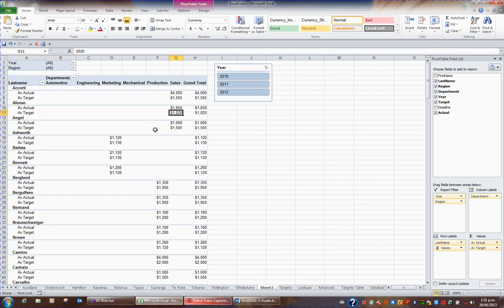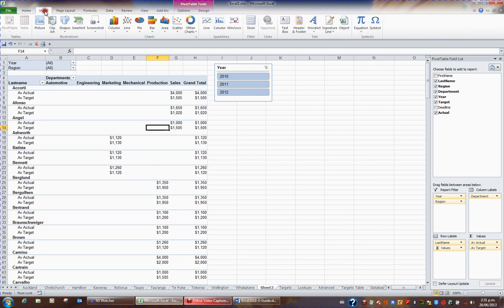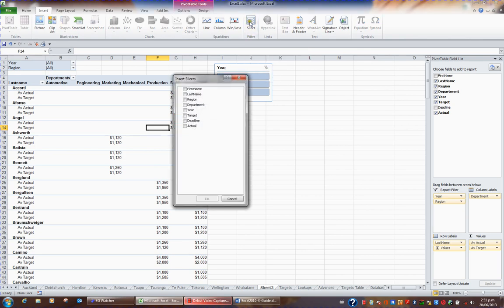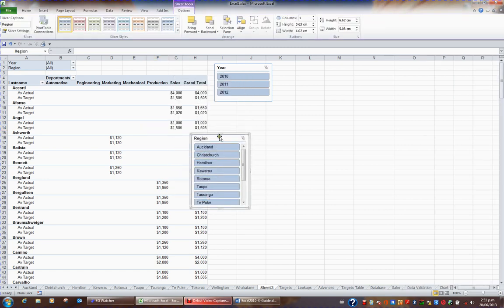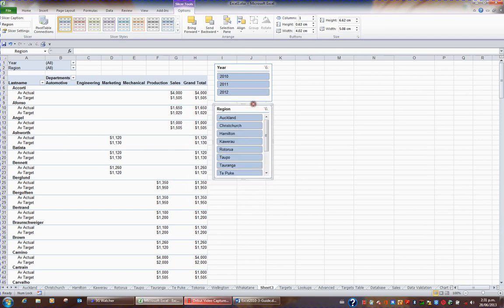I can have as many slicers as I like, so what I'm going to do is click in the pivot table, go back to the Insert tab in the ribbon, go back to the button Slicer found in the Filters group, and click Slicer. I might like a second slicer, and this is by region, so I'll tick Region and OK. I'll then move the slicer by its edge and position it nicely on my worksheet, and I might also drag the bottom corner down, or the bottom edge down, and resize it so that I can clearly